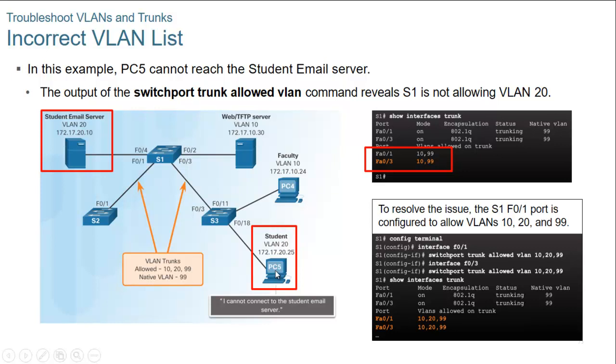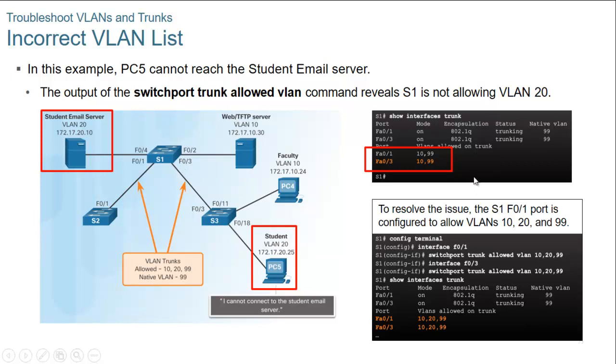So here we see that PC5 is in VLAN 20, but PC5 cannot reach the student email server. We go to S1 and we show interfaces trunk. So we want to see what interfaces are trunk and what are the VLANs allowed on it. We find that on the FastEthernet 0/3 interface, which is this interface over here that connects to S3 and